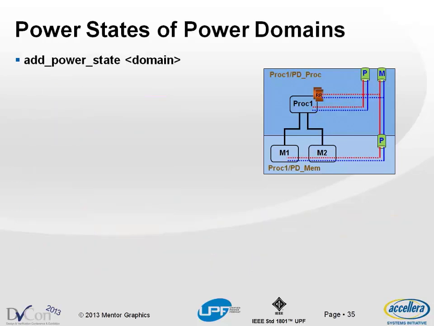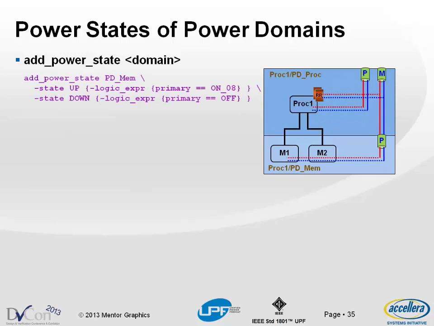In addition to specifying power states for supply sets, you can also now specify power states for power domains. In this case, we're adding power state for PDMEM, which is the whole power domain, and defining states up and down based on whether the primary is on or the primary is off. This looks a little simplistic because it's just one for one, but in general, you can define things that are